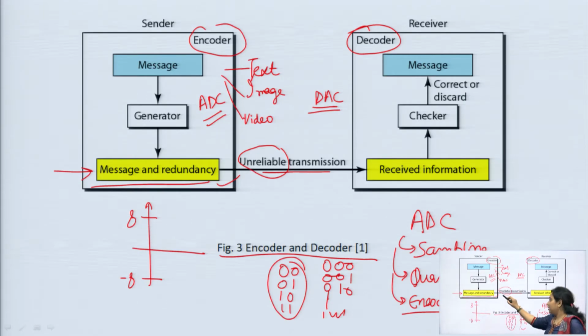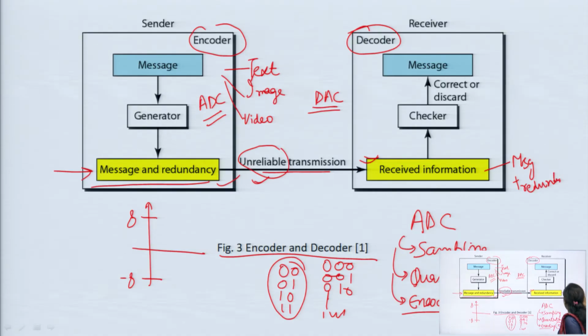But in the case of unreliable transmission, you cannot rely on the connection that you have set up between the transmitter and receiver. If any problem occurs, you have to find out where the problem has occurred, and that is basically time consuming. This is the main disadvantage of using unreliable transmission. So this is how the unreliable transmission takes place. You set up a link between the sender and the receiver, and at the receiver side you receive the message plus the redundancy information that you added